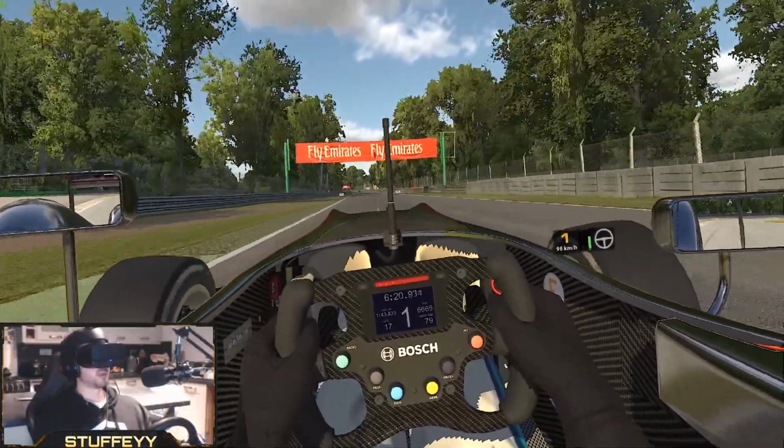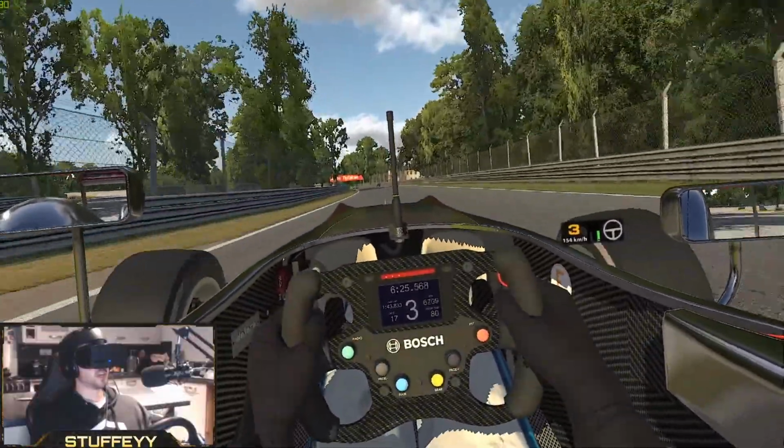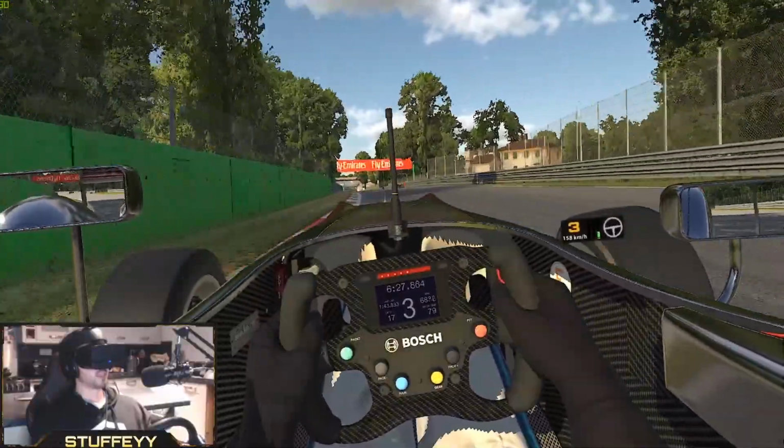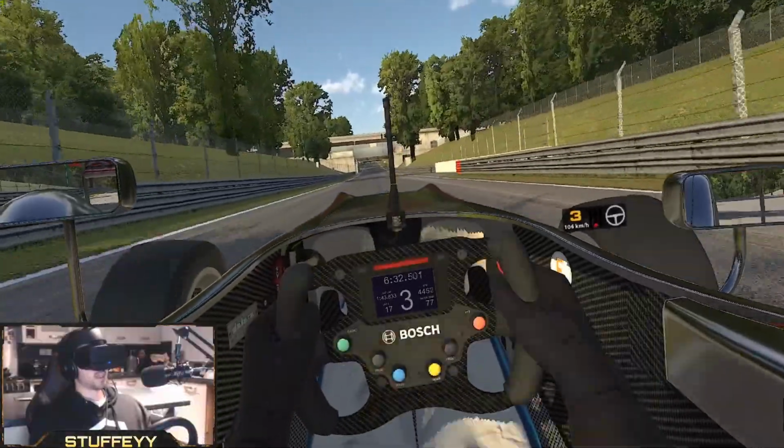And then all the way down this straight under the bridge to the S's, to Ascari. Now,